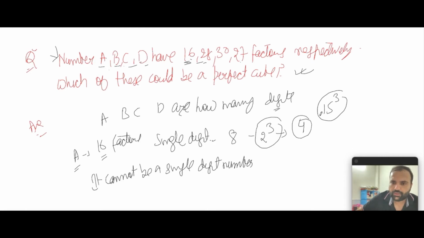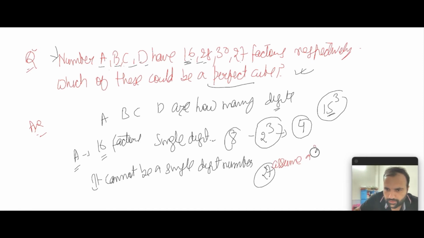Because right now we are trying to look for the cube root. The smallest perfect cube, because it is asking for a perfect cube, is 8. After 8 we have 27. Now 27 is a 2-digit number. So what we may assume over here, since 27 is a two-digit number, is a 2-digit number